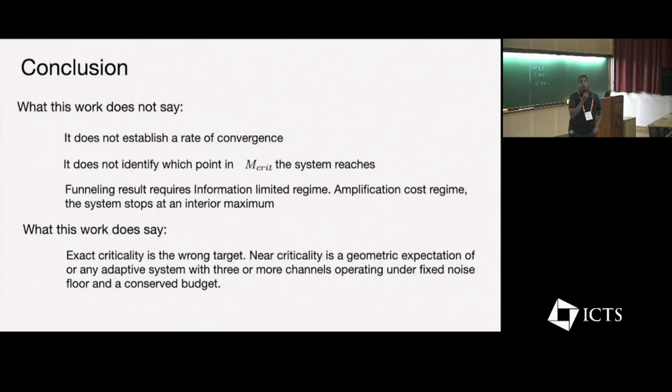Yes, that's what the stiffness matrix does: the allocation of the channel information will be such that it will keep decreasing the mu min. So even if mu min, which is the eigenvalue of A beta, goes toward 0, you will not really reach a 0 eigenvalue, you will reach 1 by lambda. So there is a fix over there. So you will go to near criticality, not exactly criticality.